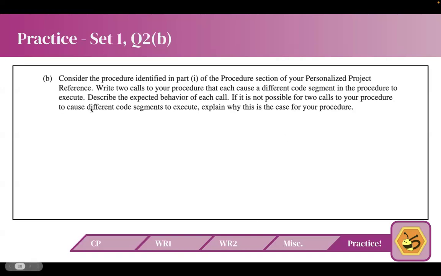Remember, yeah, you do need to actually describe the two calls, right? Describe the expected behavior of the two calls, and how they work. So,